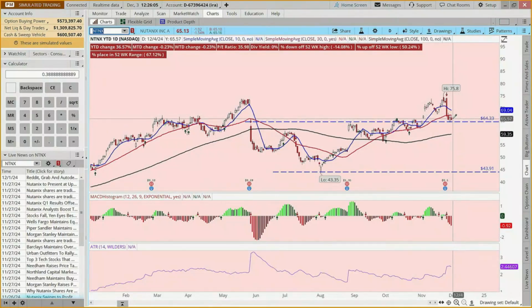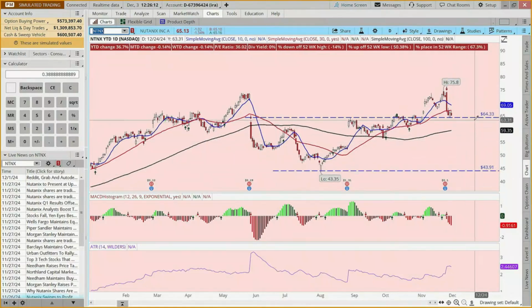Could you put in a conditional order and say, given this continues to go up, I'd like to get in? And then where might your target be? You calculate your target the same way as you would with a cup and handle.